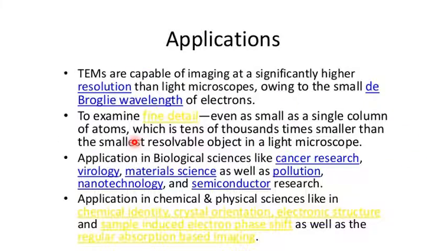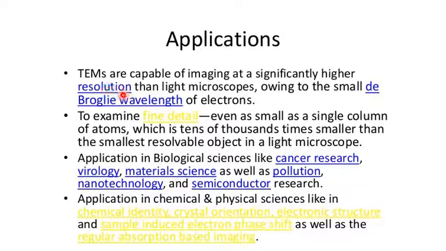Application of transmission electron microscopy. Transmission electron microscopy is capable of imaging. Transmission means the electrons are passed through the sample. They are not reflected back or scattered back. Some of the electrons may be reflected back and scattered back, but most of the electrons are transmitted through the